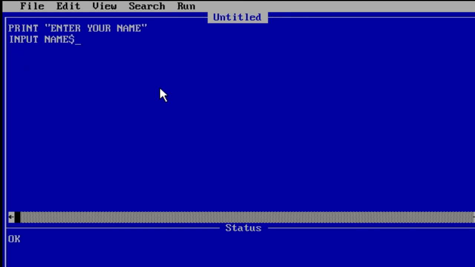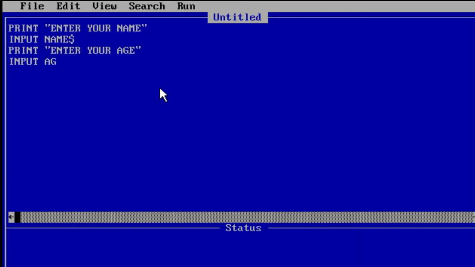Then print "enter your age", and on the next line I am taking input for age.